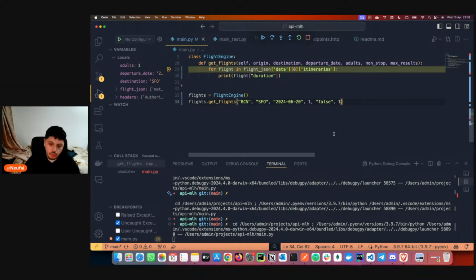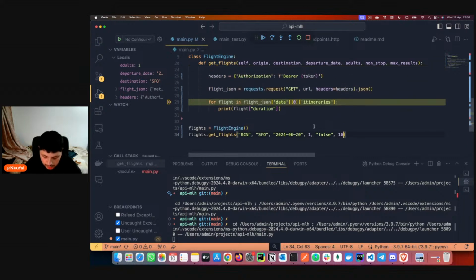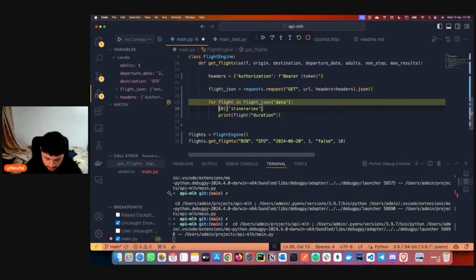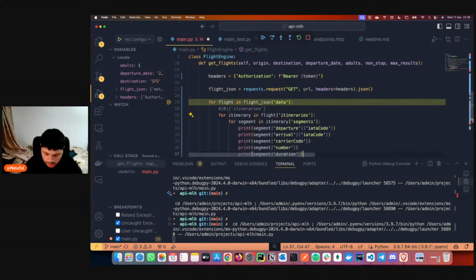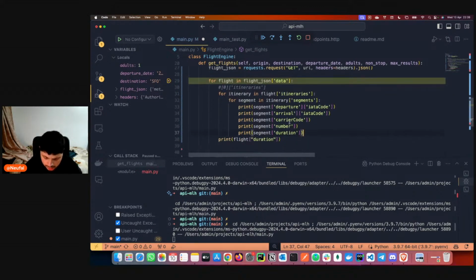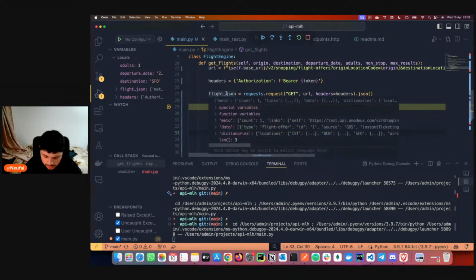So what we need to do in this case is put 10, and then just run through all of this and make another for loop here, for itinerary in itineraries, segments, departure. Let's see if there's some segment information.